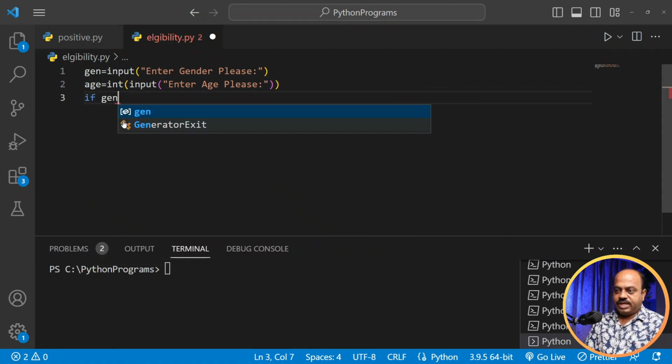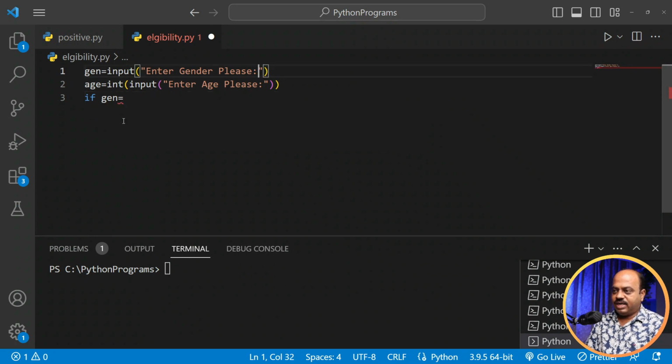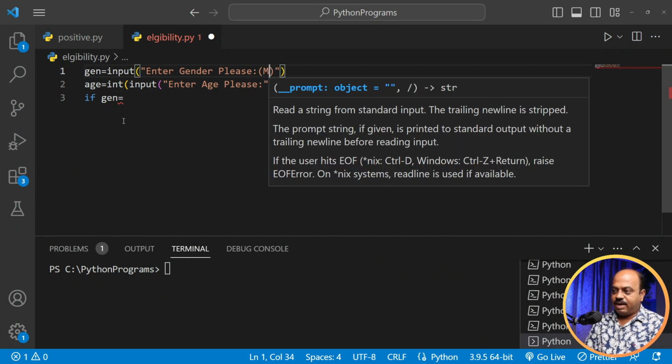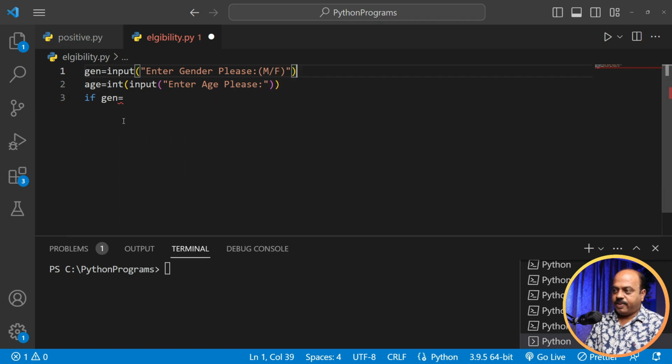We will show the user to enter M for male and F for female. Okay, so if gen is equal to M, right, double equal to is comparison operator. We are comparing gen variable with this M. So if this condition is true, then check the next condition, and that is if age is greater than, for male the legal age is 21 and above. So we will check if age is greater than 20. What we will do is print